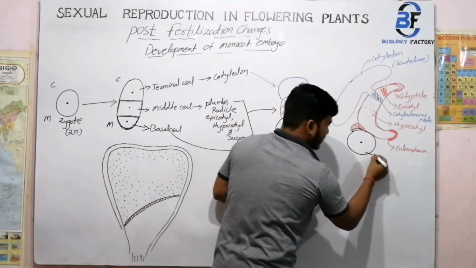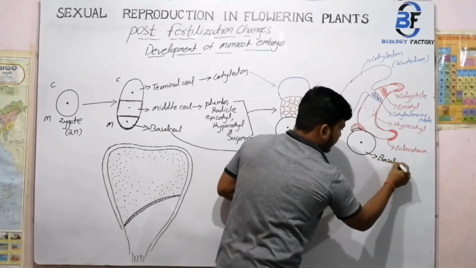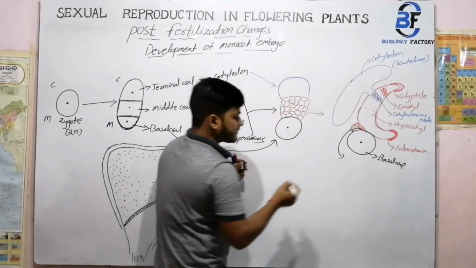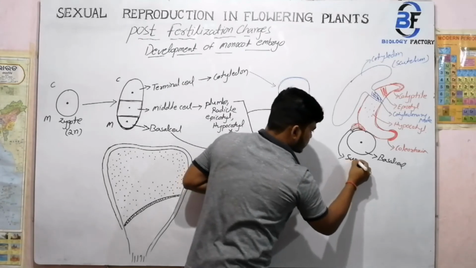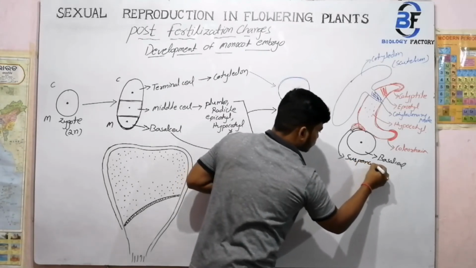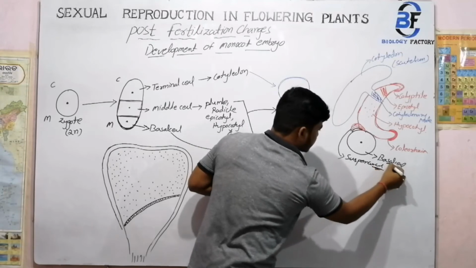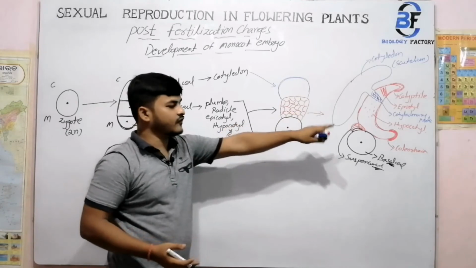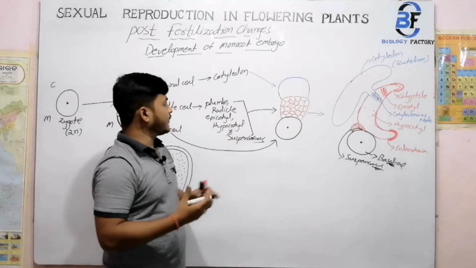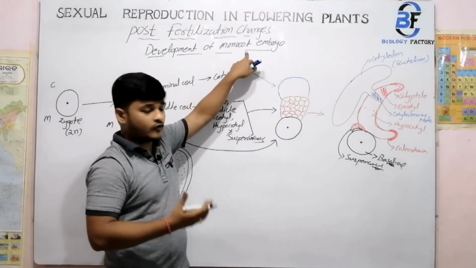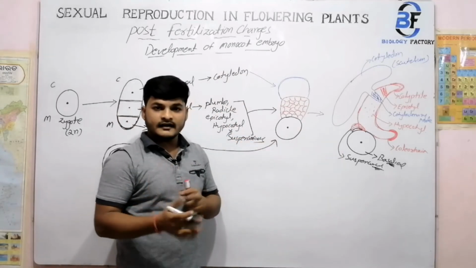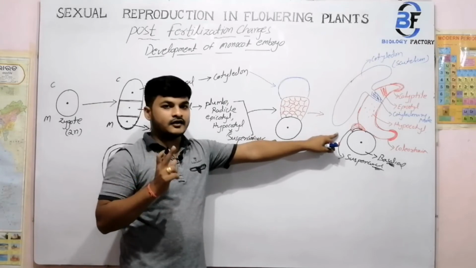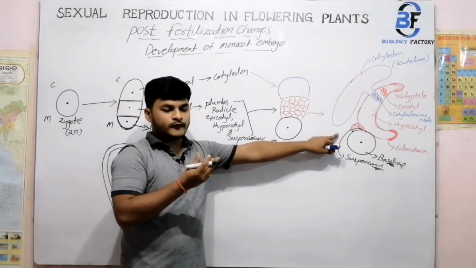So this is your basal cell. And this is your suspensor cell. These two cells, that means your basal cell and the suspensor cell, both degenerate after the formation of all these things. That means after a couple of stages when the monocot embryo is going to form, these two things degenerate. But in your dicot embryo, the suspensor plays a vital role in pushing the embryo for the nourishment,